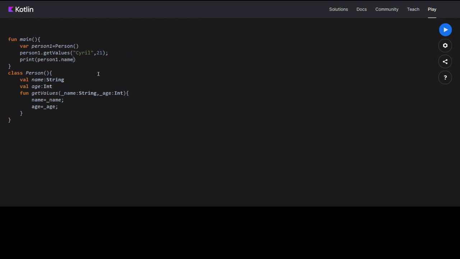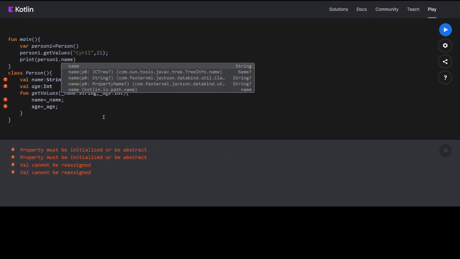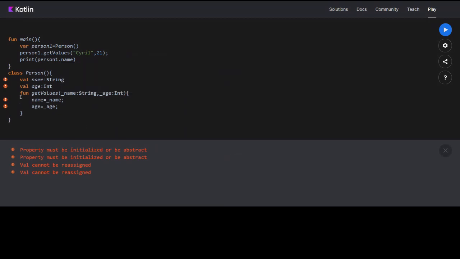I don't think it should give an error. Property must be initialized or be abstract. Okay, well, let's say var. Okay, property must be initialized. I don't think it's from the constructor, I guess.